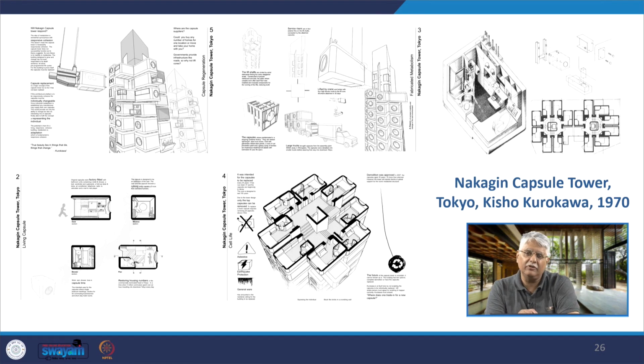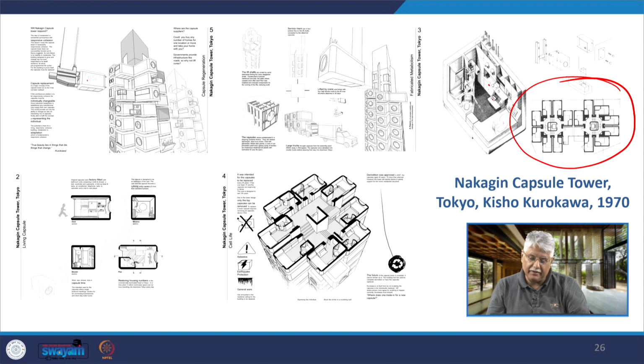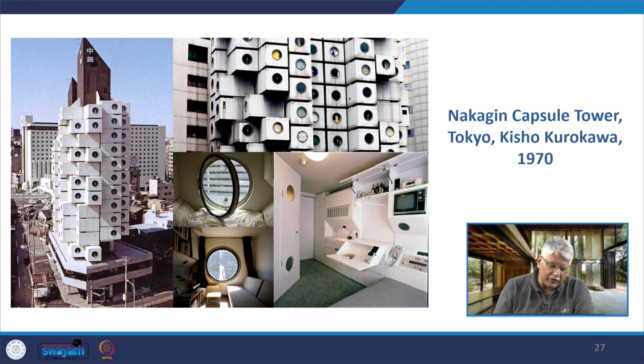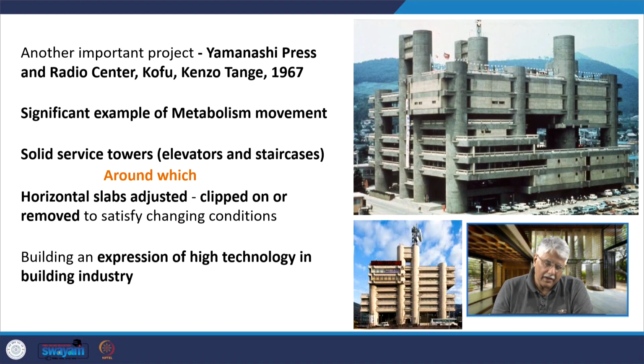This slide actually shows you how the plugging in takes place, that it is brought in via crane and plugged into the building in a completely fully ready form, and this is the overall plan of the plugged-in capsules in the Nakagin Capsule Tower. These are some other views of it, how they have been irregularly plugged in, and this is the interior of the capsule tower.